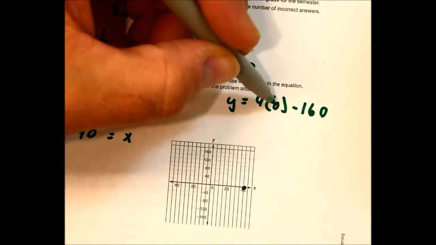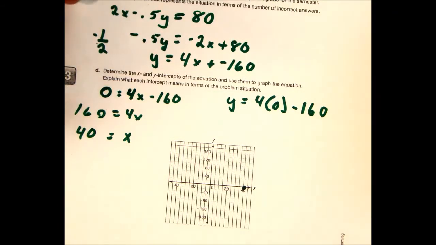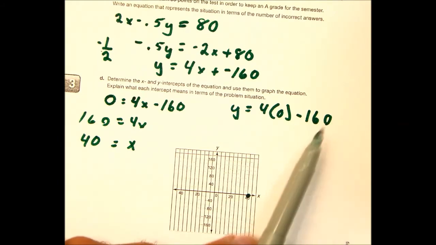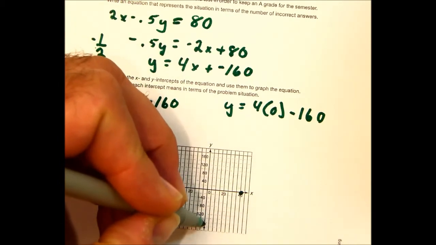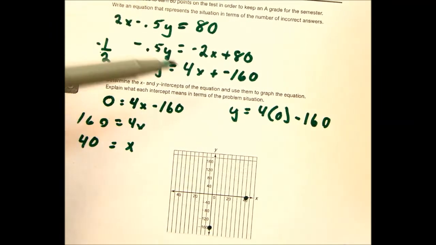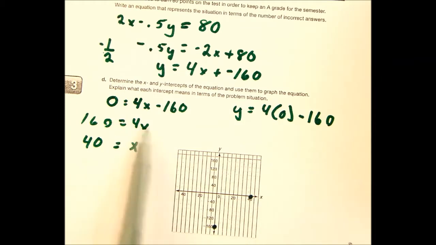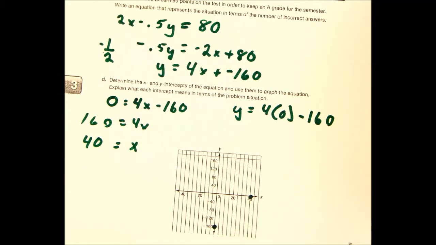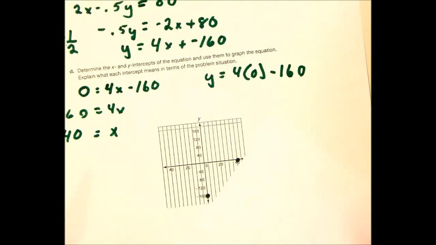Okay, here we go. We put y-intercept. Well, there's two ways you can do this. You can always plug in the number, but you automatically know that the y-intercept in slope-intercept form is that last number, which is negative 160. So that means you automatically get one of the two, x or y-intercept, just by putting it in slope-intercept form. Then, of course, you take your straight edge,